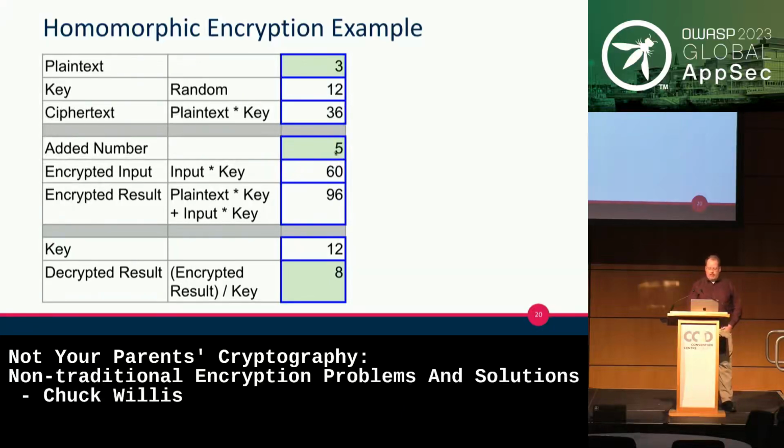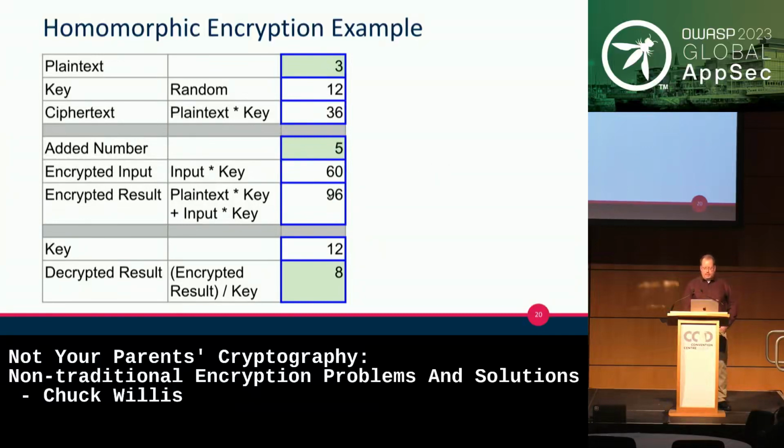Now we want to add 5 to that. Because the 36 was already stored on the server, we need to take the 5 and multiply it by 12. 5 times 12 is 60. That gives us 60, which would then get sent to the server and added to our 36 from previously. That gives us a total of 96. So the encrypted data after the second piece was sent would be 96.